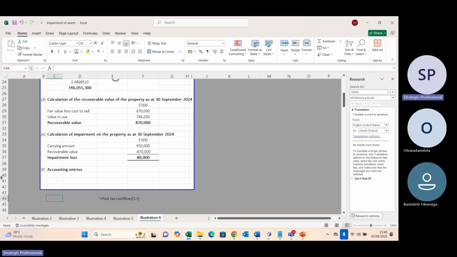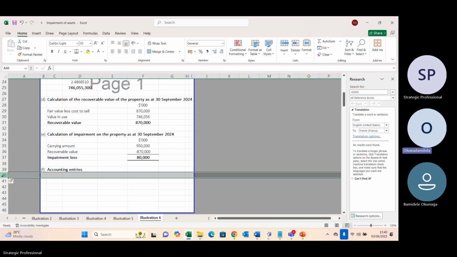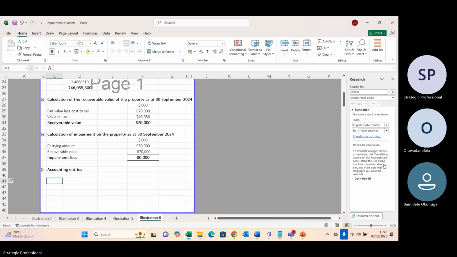Okay, Madam Dami, how did you post this? I wasn't sure. I don't know how to do that part. I know you showed me earlier, but it's confusing. Okay, Mr. Bamidele, I think I debited the P&L, the profit or loss statements, admin. And I credited the assets. Yes. Okay, so this is it.